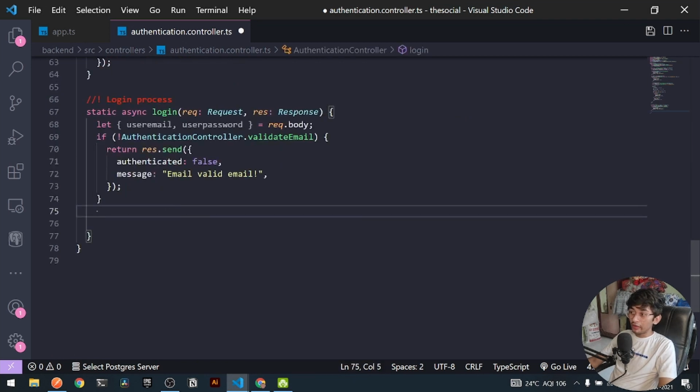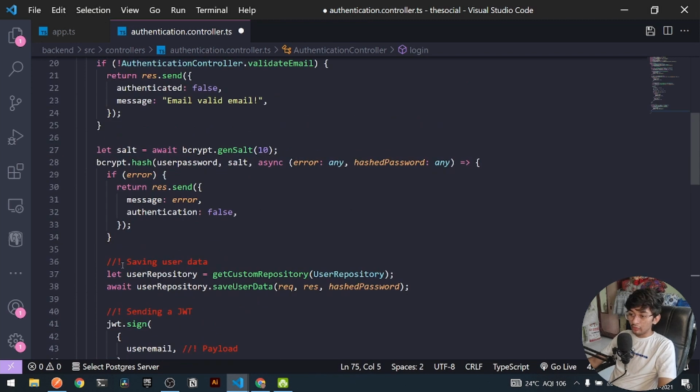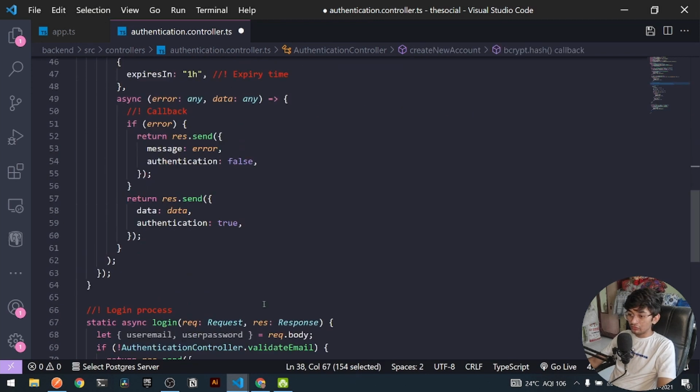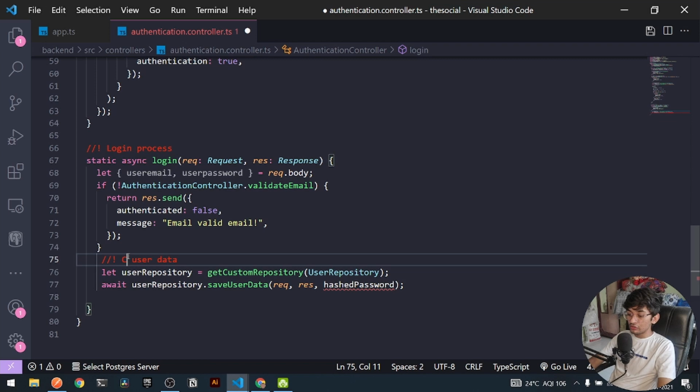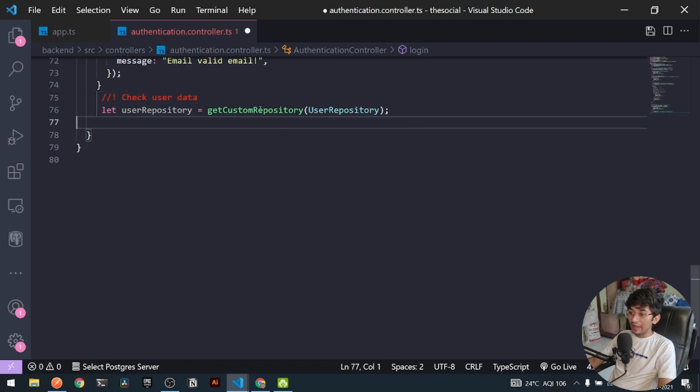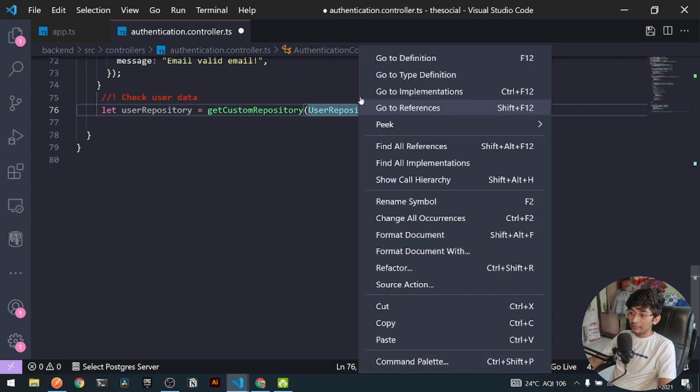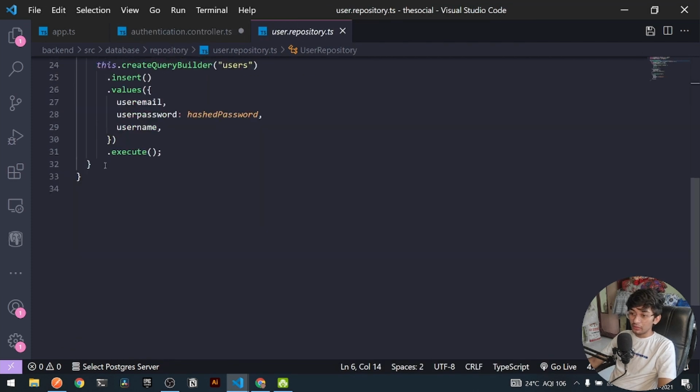So first, what I can do is go under my repository. I can also copy this thing from this side, and here I can say check user data. Under my repository I can create a new method for finding the user email, that is the user password.